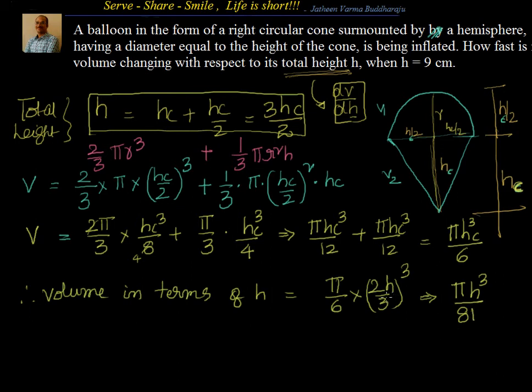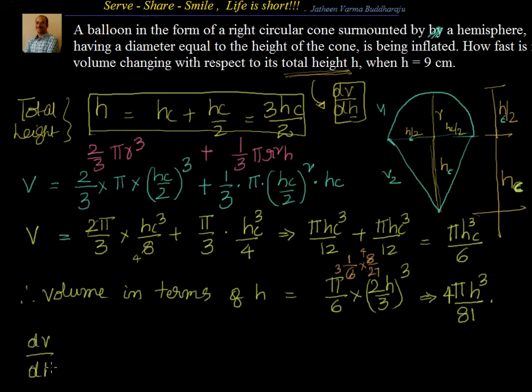How? 2 cube is 8, 3 cube is 27, 8 and 6 you simplify, you will get 4 by 3. 4 by 3 into 27 into 3, so you will have 4 pi h cube divided by 81. Okay, now we are ready to do the last step. This simplification you can do. What I have done here, let me write it in another color. 1 by 6 into 8 by 27. So 2 3 times, 2 4 times, 4 by 81. You will get 4 pi h cube by 81.